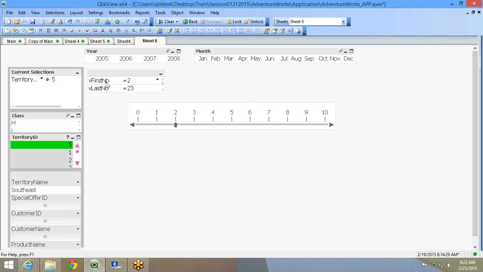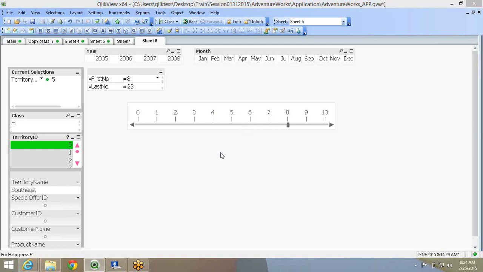Now what happens is, the variable is a global variable. Wherever you use the variable or wherever you change the value for the variable, it will be the same. That's one of the reasons that in this input box that you're seeing, the value is displayed, whatever value is for that variable. So the current value will be displayed. Suppose I change it to 9, so that will change it to 9. So that's how I can input value. So I can take in user inputs two ways: one is input box, another is slider object.